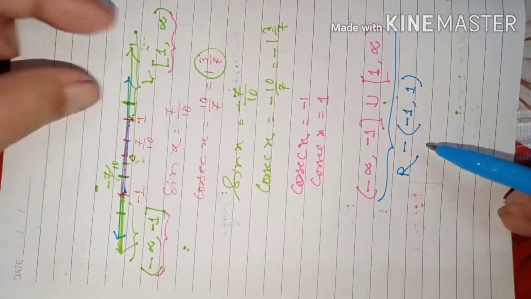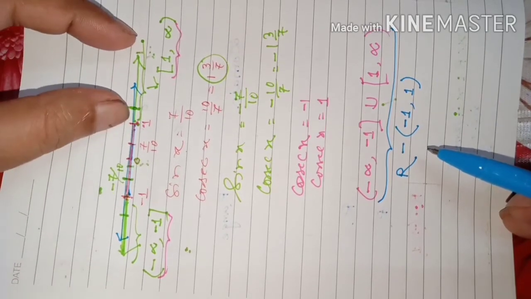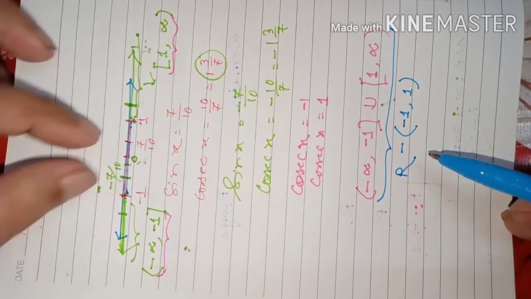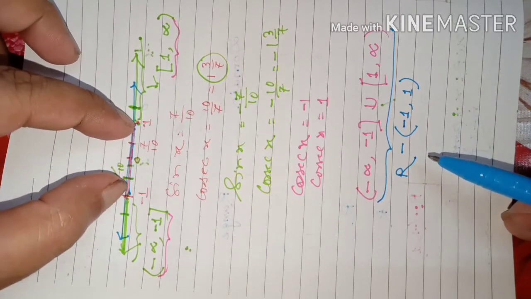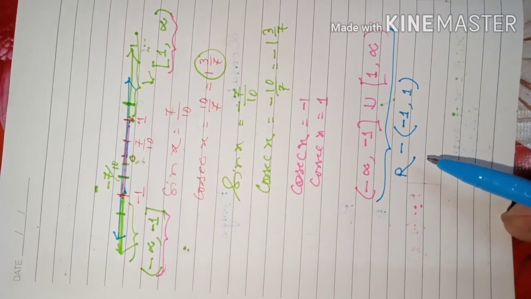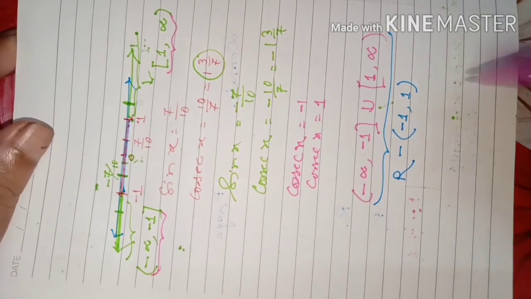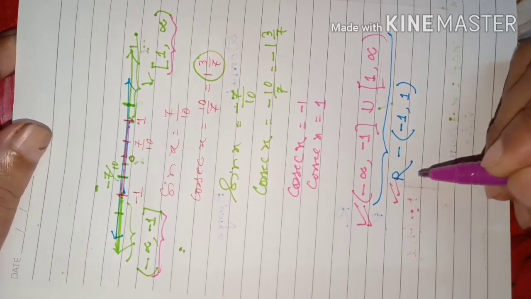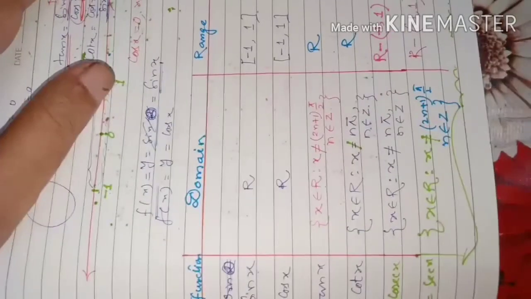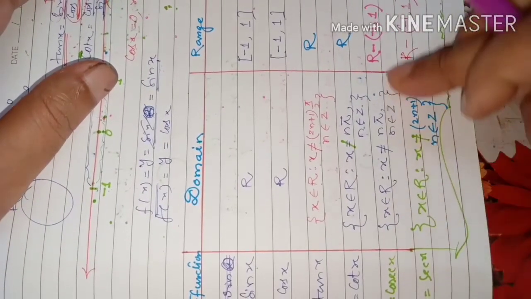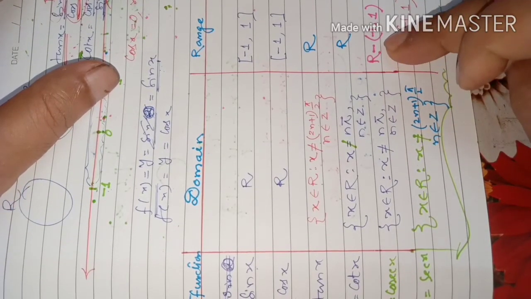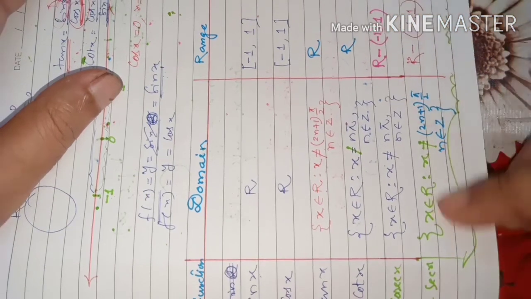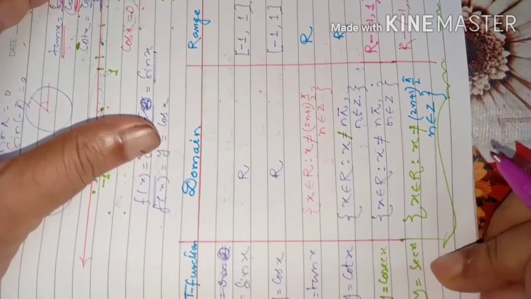This you also can say, because this set also is representing real numbers. But between that, all the real numbers that are there are not the values of cosec function. That's why we are not taking them. So this whole thing, you can say the range of cosec function either this way or this way. Okay. So we'll write now the range of cosec function is this one: R minus open bracket -1 comma +1 closed. Then the sec function, the similar way, dear students.